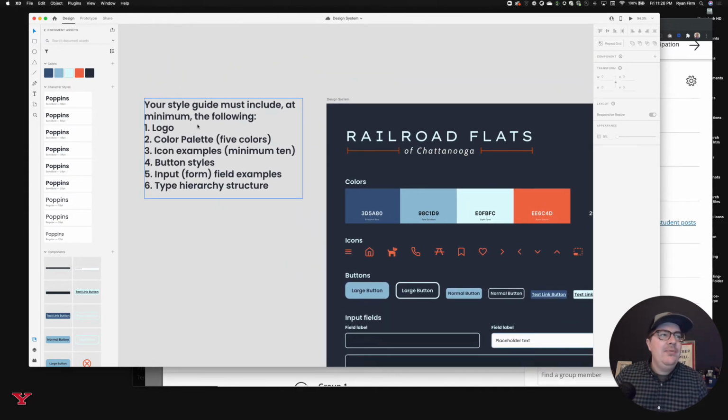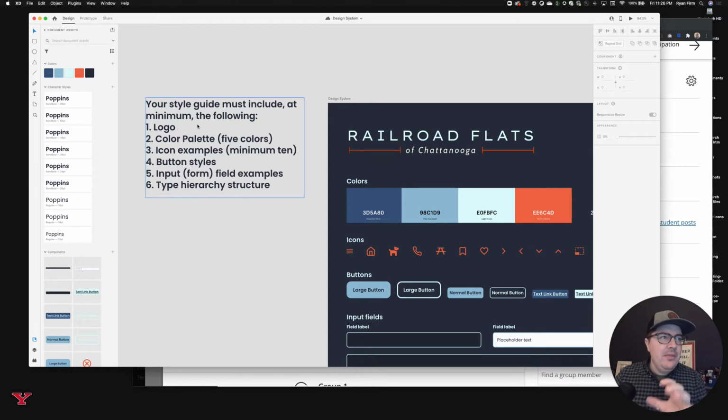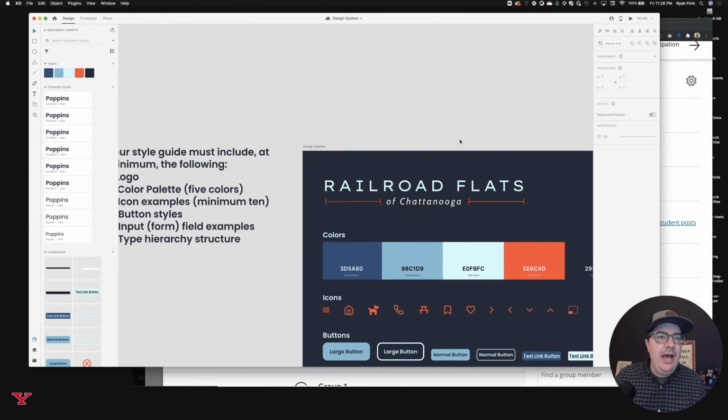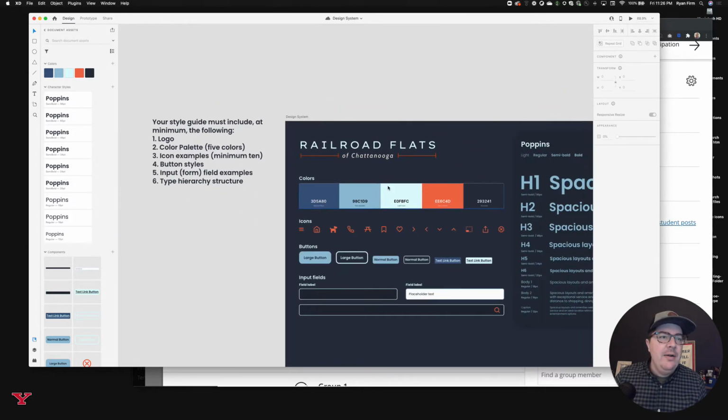And so what I did here was I just copied in the minimum requirements that I have in Blackboard. So just a logo, color palette, icon examples, button styles, input fields, and type hierarchy. Like I said, don't spend a ton of time on the logo, but I've included that here. As you set up your colors, you might choose to ultimately do